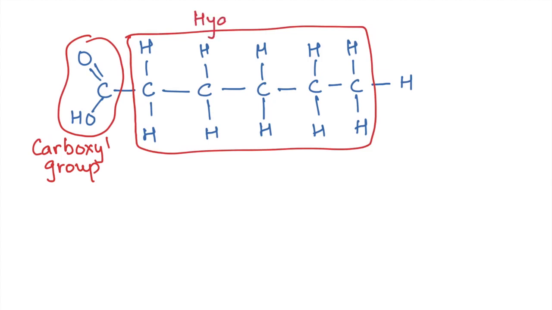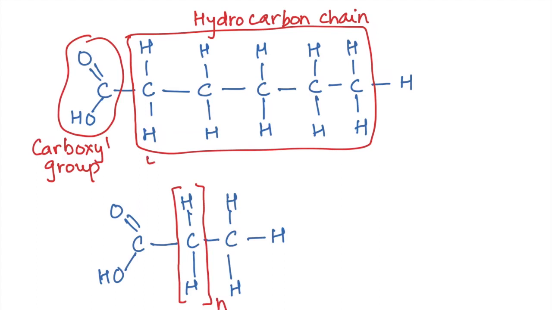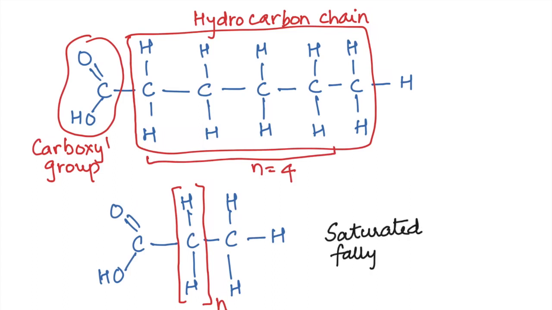The number of carbon atoms are different for different structures, and if there is a double bond, this is called an unsaturated fatty acid, whereas here without a double bond it is called a saturated fatty acid. So here we are representing the structure in a simpler way, where we draw the carboxyl group and the last one and just put the number n, which represents the number of the carbon atoms. In this case it is 4 carbon atoms here. So this is the structure of a saturated fatty acid. For drawing, you have to draw the top version.